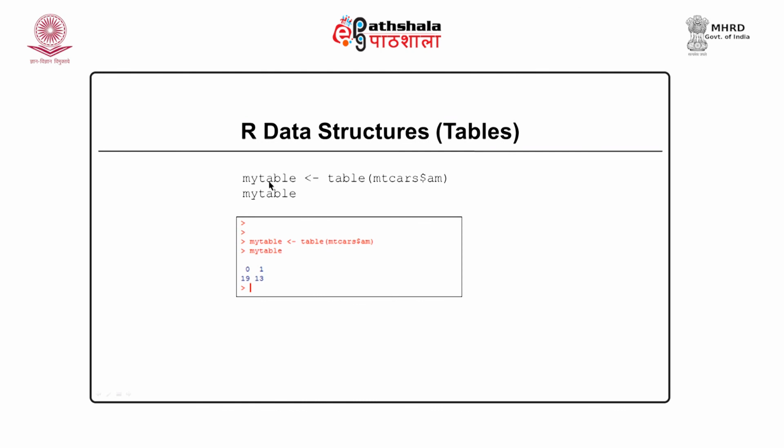the command will be table. This is our table. Table is the command in which I am specifying the mtcars data set, and I want to process the column am. So, the output is 0, which means there are 19 values that contain zeros, and there are 13 values which contain 1. So, tables will be a summarization of the particular column for a given data set. There are a few other usages of table as well, we will see in the programming section.